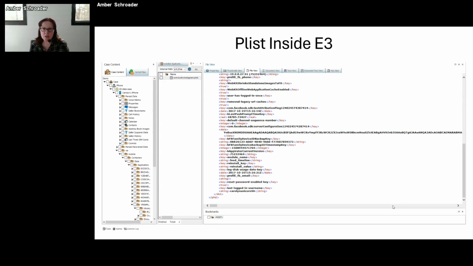Our last one here is a plist file. A plist file is what you're going to see a lot more commonly on our iOS devices, because it's a property list file. This is what they prefer to use, whereas SQLite is kind of a mix between both Android and iOS. I still see my valuable information here: that the user has logged in once, what they've done with their cache, when was the last time they logged in. All of those details are there for me to find as an investigator.